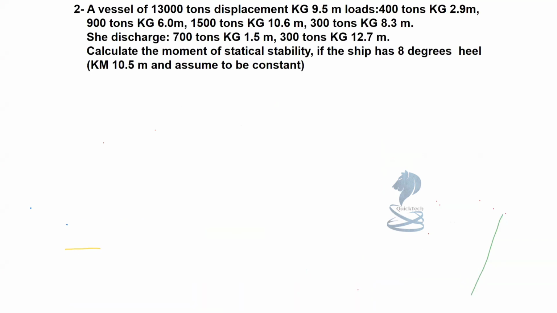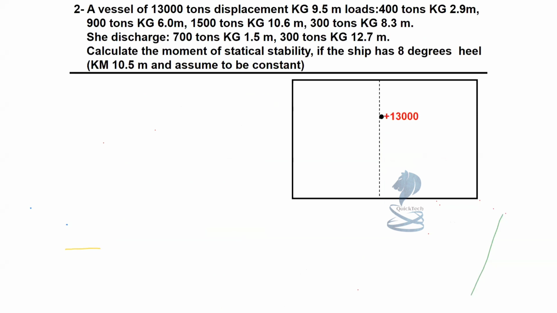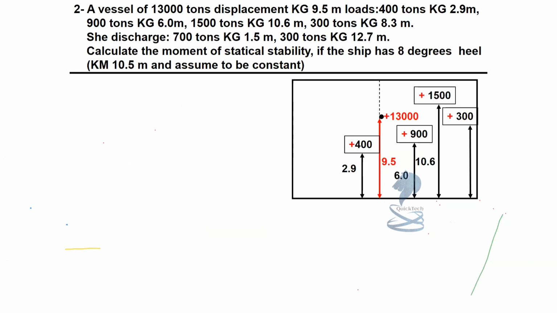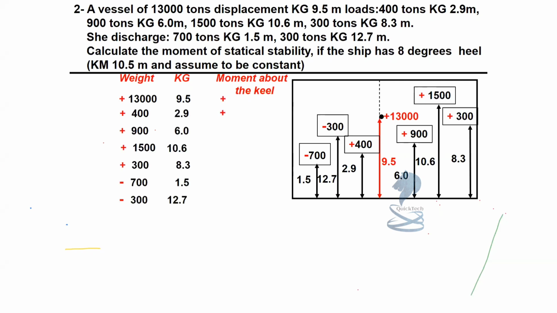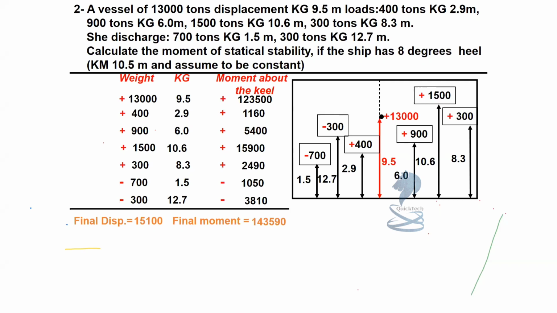Similarly, let's see question number 2. A vessel of 13,000 tons displacement, KG 9.5 meters, loads 400 tons of KG 2.9 meters, 900 tons KG 6 meters, 1500 tons KG 10.6 meters, 300 tons KG 8.3 meters, and then she discharges 700 tons KG 1.5 meters, 300 tons KG 12.7 meters. Calculate the moment of statical stability if the ship has 8-degree heel, KM given as 10.5 meters and assumed to